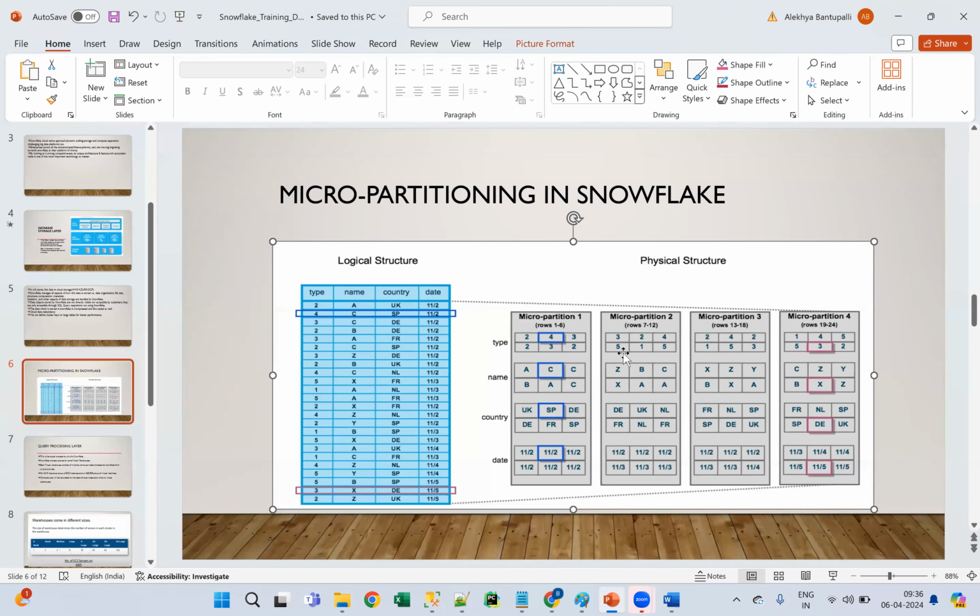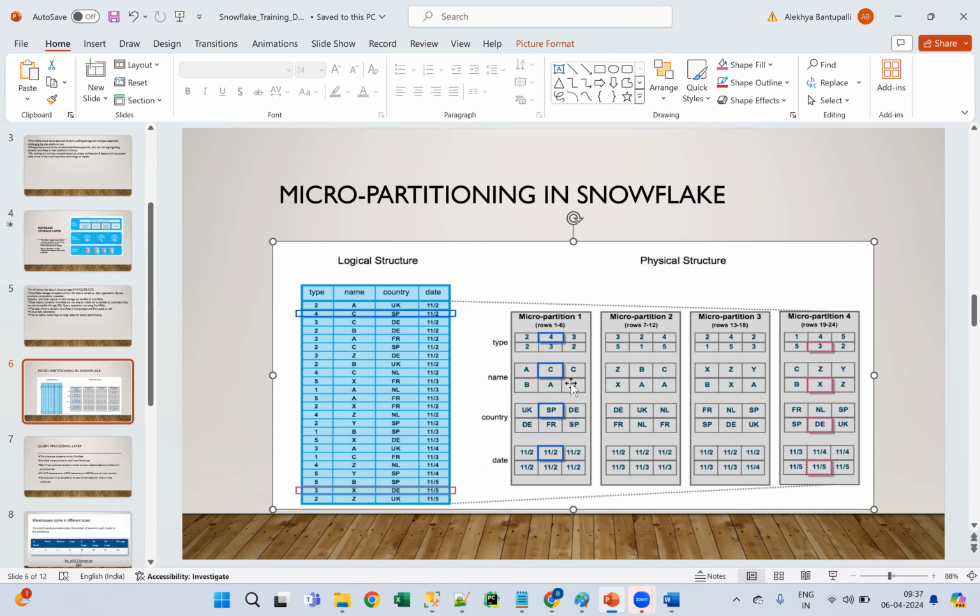Even if you have lakhs of records in your table, but you have that ID information, for example 104, in only 1 micropartition, even if you have thousands of micropartitions, whenever you write a Snowflake query, guys, it will directly go to the particular micropartition and fetch the data. Because whenever the data is getting segregated into micropartitions, it will store all the metadata information of all the micropartitions. What is that? Snowflake stores all the metadata information of all the micropartitions, guys.